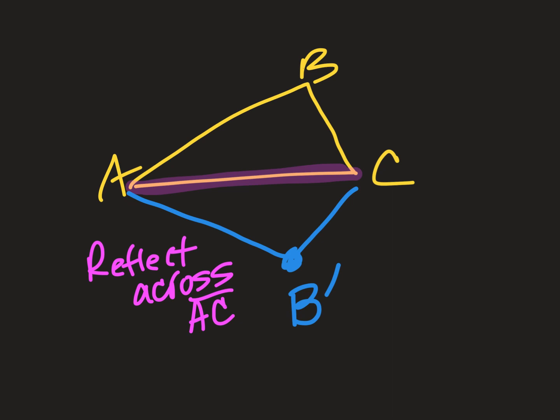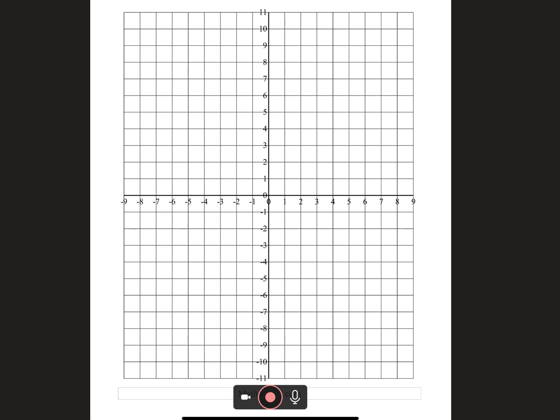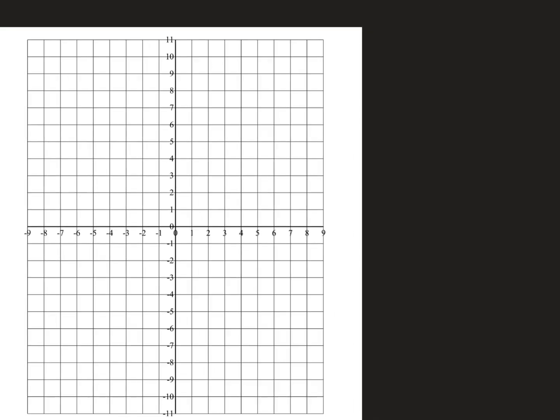We're not going to do too many of those because in 8th grade and 9th grade math, we're more about doing stuff on the coordinate plane. But you will see it occasionally, not as often. So again, reflecting over the x-axis and y-axis is pretty much what you need to know for 8th grade math. So this next example that we're going to do is what makes this an Algebra 1 example. Yay for algebra. All right. So instead of reflecting it across the x-axis or the y-axis,